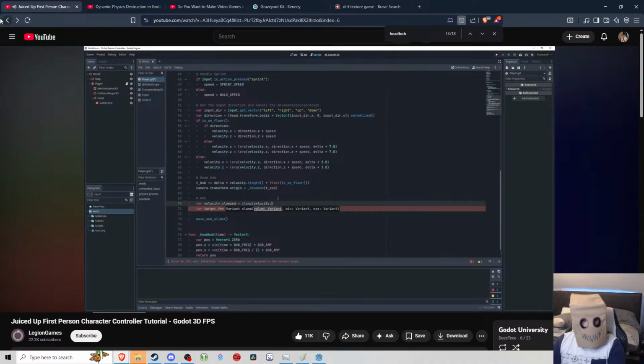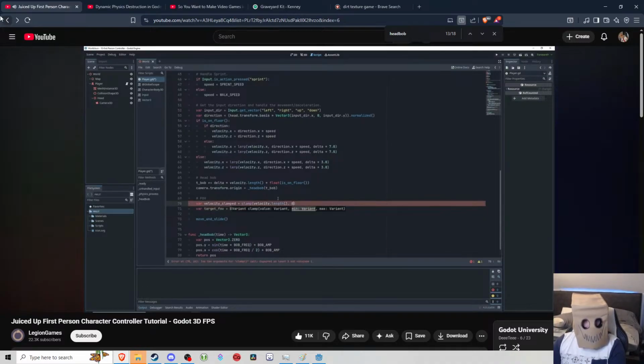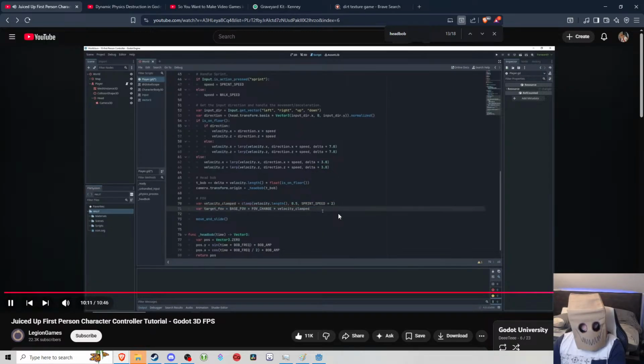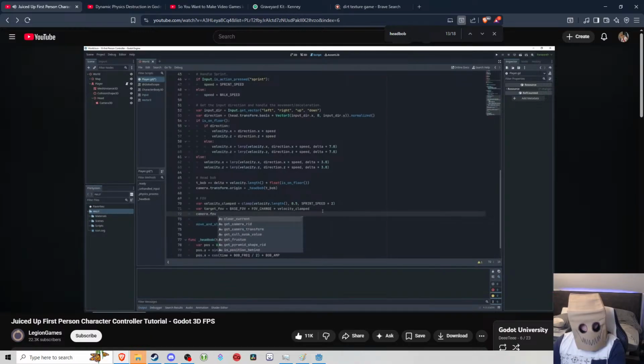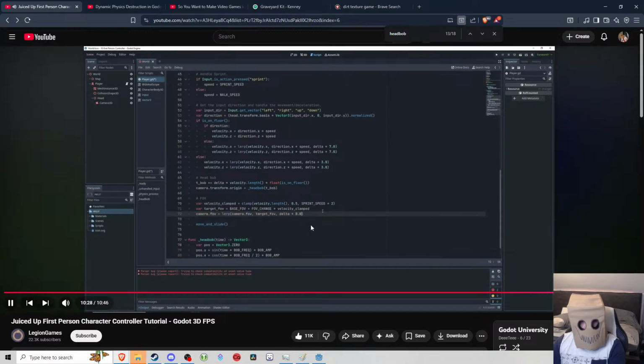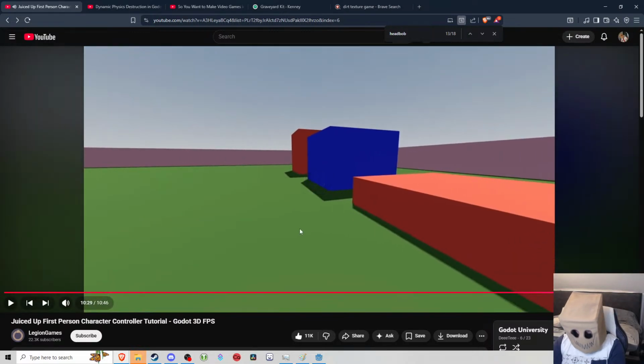Variable which we'll set to the result of the built-in clamp function and restrict it to the minimum of 0.5 so that we don't change the FOV when the velocity is super low, and a maximum of running speed times 2. After that, we'll use our favorite lerp function to set the camera FOV smoothly every tick of the physics process. Again, the first parameter is the original value, the second is the target value, and the third is the decimal percentage distance that we want to cover. And with that, our